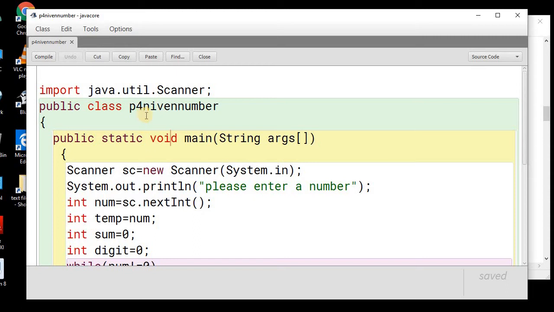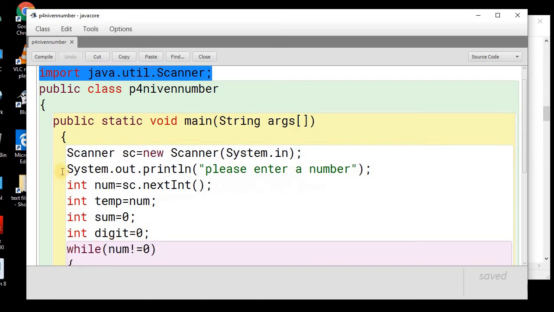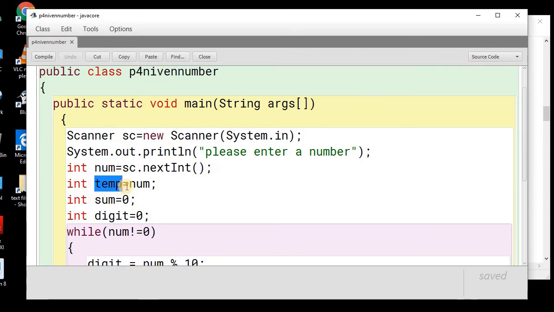So this is a Niven number program. I have used the Scanner class to input the user's value. For this we'll need to import the java.util.Scanner class, and then we'll message the user, please enter a number. We'll accept the number with the help of the nextInt method that resides in the Scanner class. So we'll use the scanner object and the method nextInt and store the user input value into the num variable. Then we'll take a temporary variable where we'll store the value of num. We'll take a variable sum, initialize it with 0, and then a variable digit to store digits